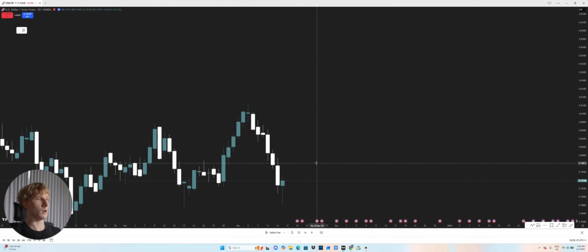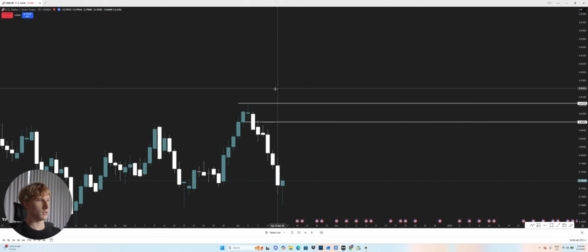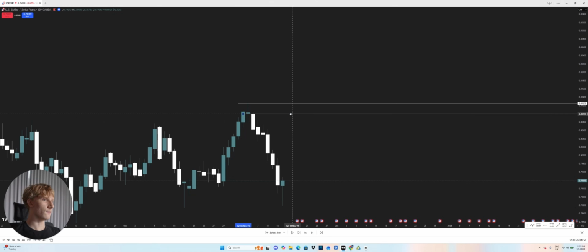Great. So now what do we do? We're going to go ahead and mark out our area of supply. We start off by marking out the top line, which is non-negotiable, always going to be the highest area within the base. What is the base made up of? The indecisive candle at the top. In this case, there can be multiple indecisive candles. We mark that out, and then we mark out the lowest wick. So remember, this is the wider version. If we want to use the preferred version, we mark out the body.